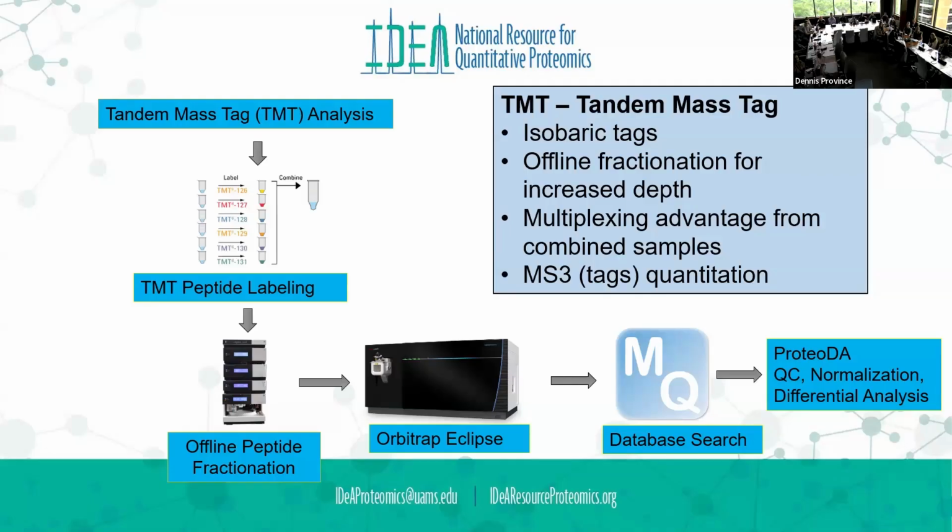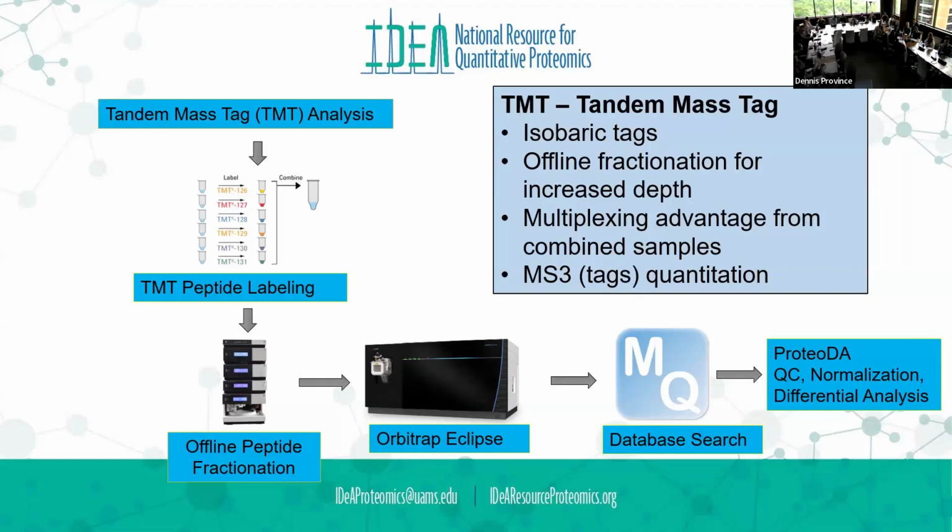But the problem with these plexes is that the molecule that you're adding onto your peptide, once you get from 10, when you go to 16, the molecule is bigger, which now it becomes greasier. It's more organic in nature, and it will stick on the column longer. And we don't like the TMT 16-plex as much as we do the 10-plex. And there's some other downsides to that. But essentially, you can take these plexes and you can put them through your offline peptide fractionator,